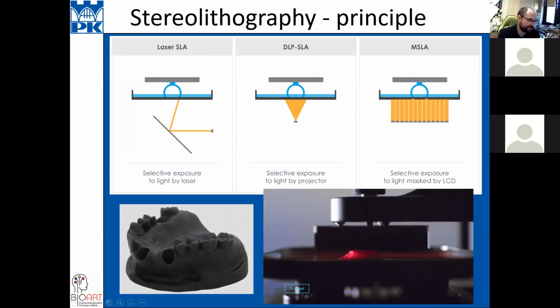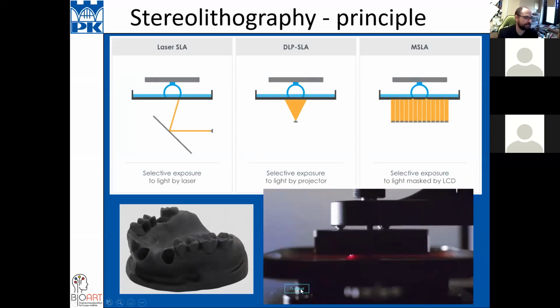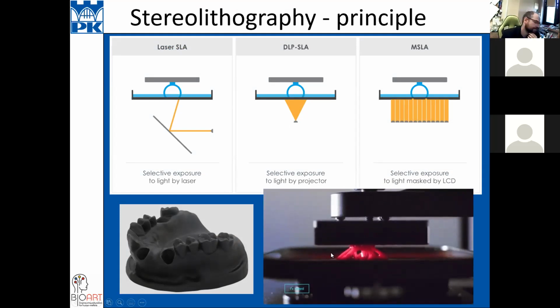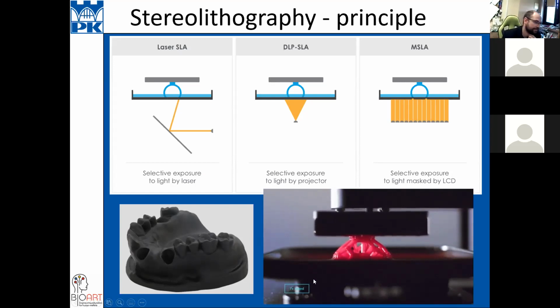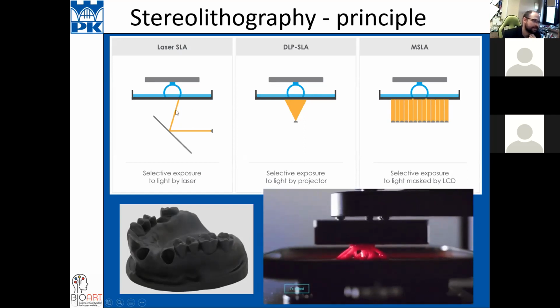And not that fast like here, because here it is 7 times speed, like you can see. Maybe on your screen it is very small, but this video is sped up 7 times. But it's much faster than these laser SLA techniques.